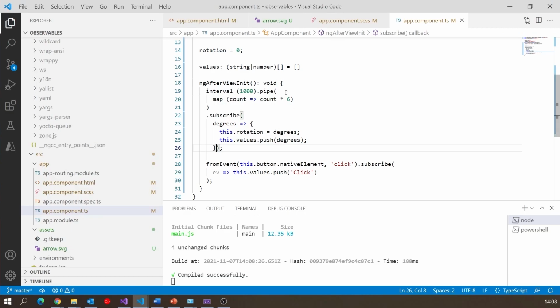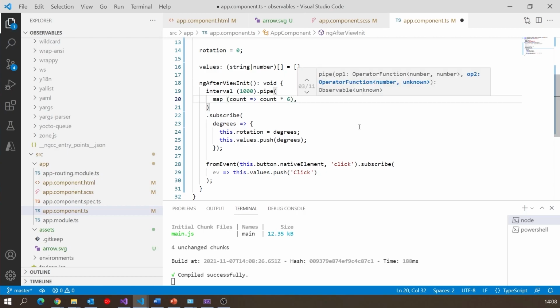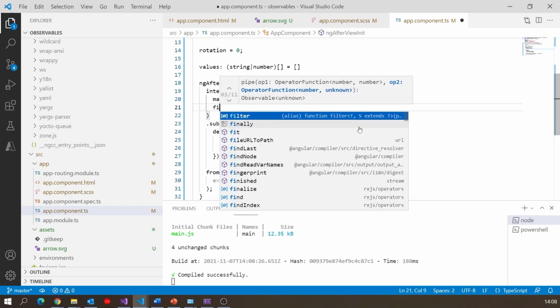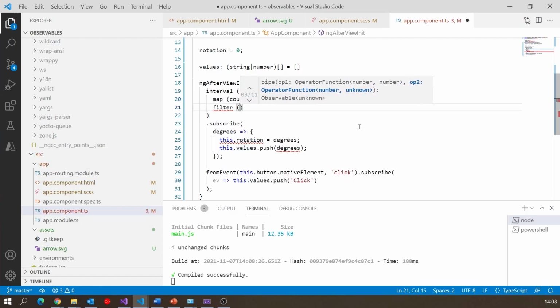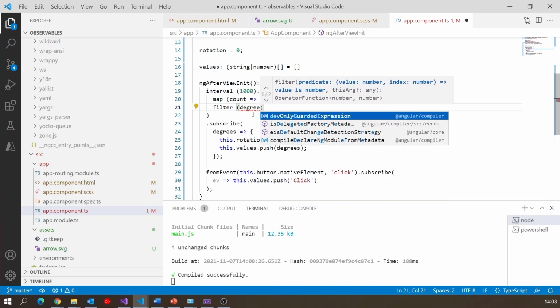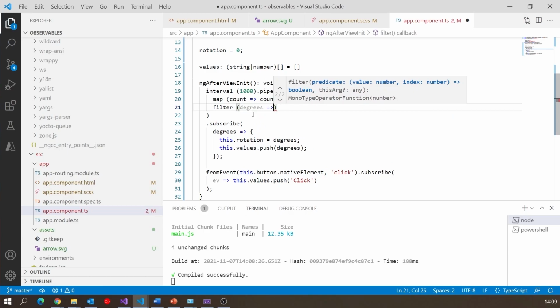So another example of what we could do is actually we can do what's known as a filter. So if I wanted to do something like this, I could say filter, and then this one again we should call degrees, and this basically means we're only going to allow through values that match a certain criterion.